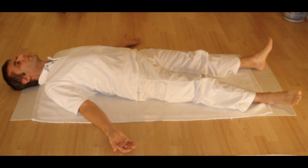And take a few breaths deeper than your normal breath. Find a way to do this easily, no struggling, just feeling yourself breathing in and breathing out. Deeply and slowly. And each time you breathe out, feel yourself settling more and more into this position and letting go of any tightness. One more deep breath and letting go. Now let the breath return to its natural pattern